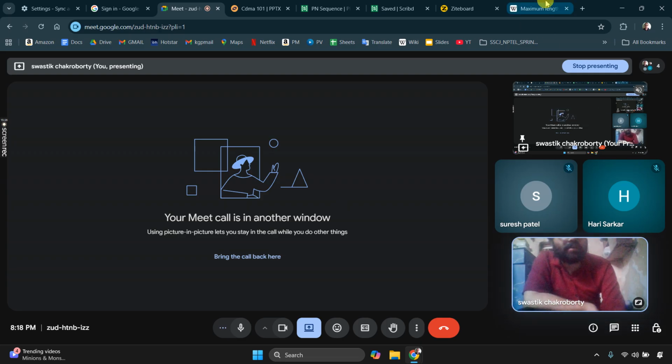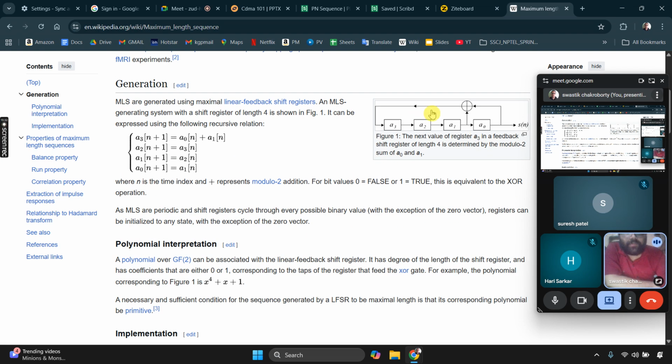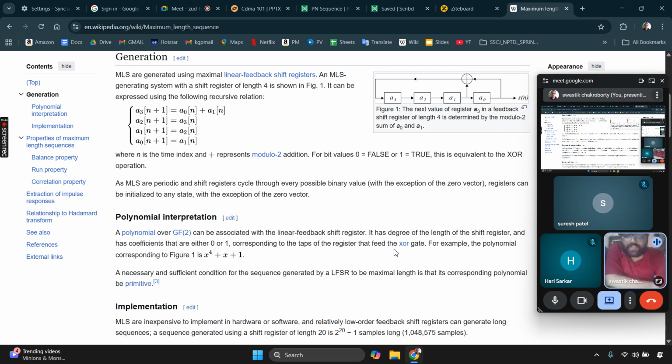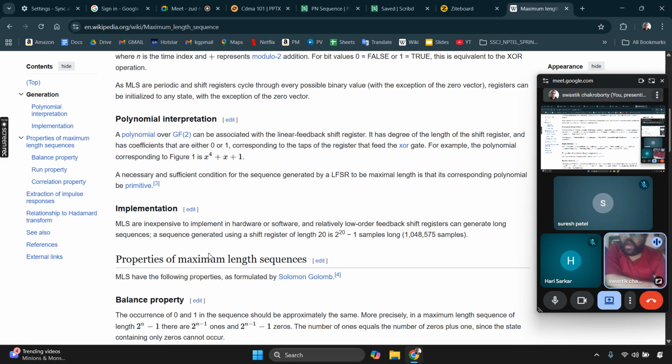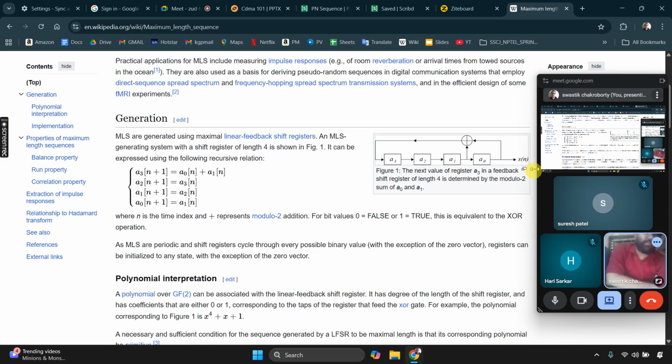So this is what I was saying. To generate a particular PN sequence using a polynomial, the necessary condition for that to be maximal length is that the polynomial has to be primitive. That is, it has to have no factors, so it cannot be reduced into other smaller factors. So for maximal length sequences, you combine only those steps where you cannot further factorize the polynomials.